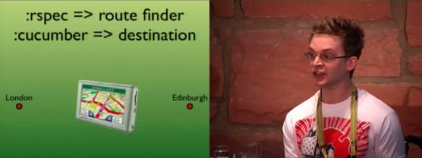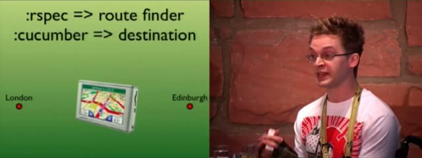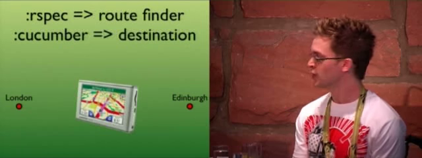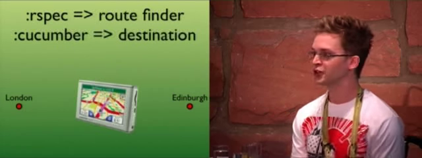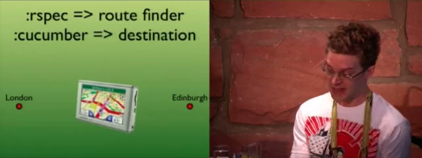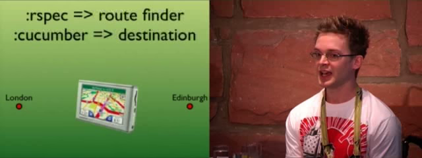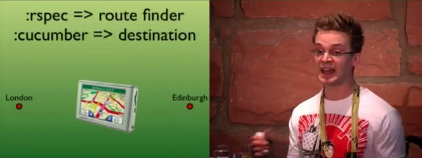You could have gone via Ireland and you'll still achieve the goal of being in Edinburgh. Also, the feedback is a huge loop. You've only got little information. Am I in Edinburgh? No. Am I not in Edinburgh? Yes. Now, I like to put RSpec into the picture as being like a GPS or a sat-nav system, but